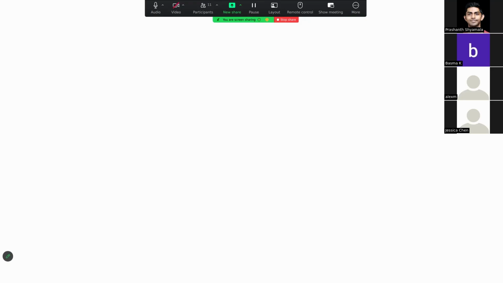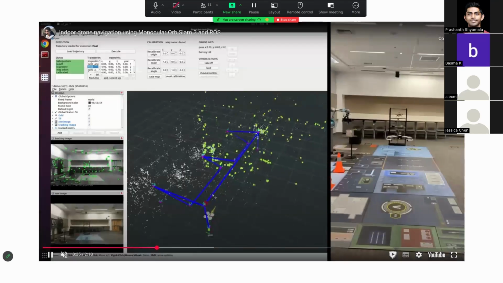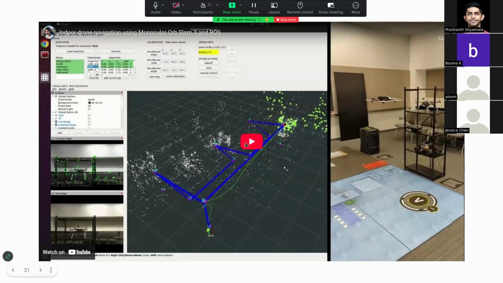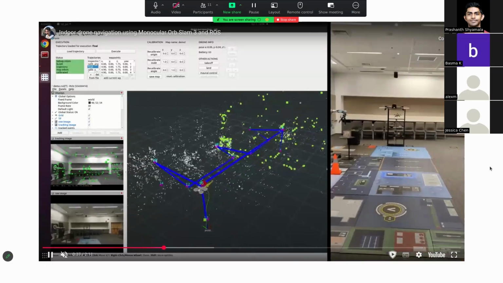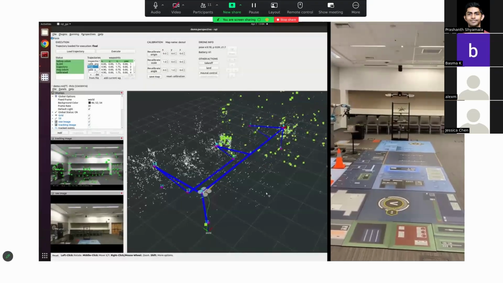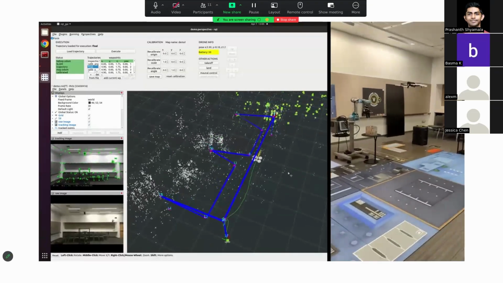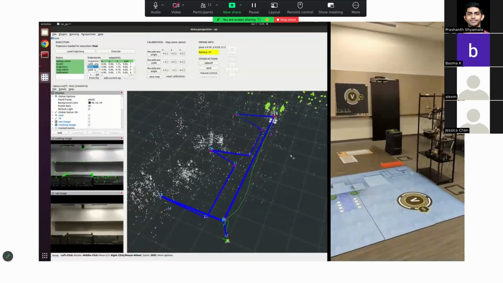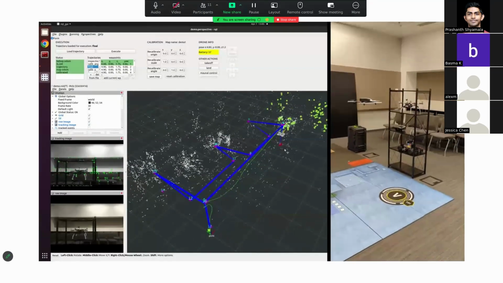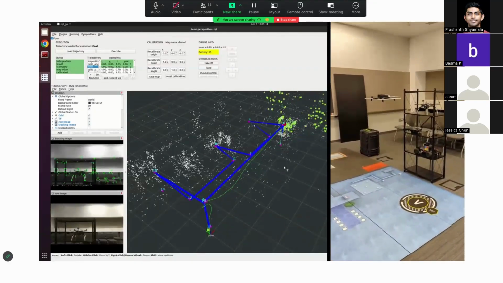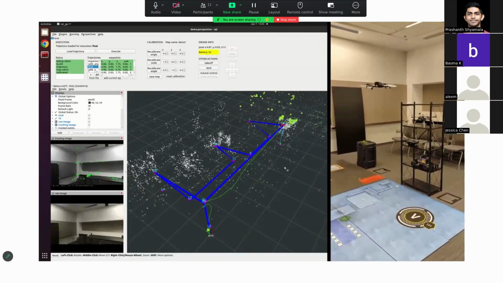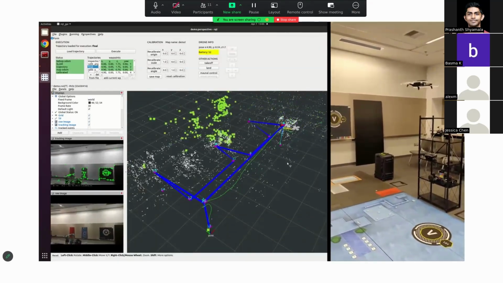Structure from motion. This is the main application of 3D vision, or the basis of how most of the advancements in the field are made. To motivate this, I'll show you this video. It's a video of a drone, and the drone is autonomously moving in the space. And it's able to do this by constructing this mesh of points of the room that it's in, and it's able to detect where these points are,